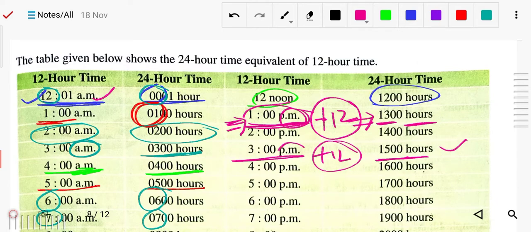So when the time is p.m., your railway time, the 24-hour time, will be 12 more. Because from 12 noon, in our watch it starts again in the 12-hour clock, 1, 2, 3, likewise. But in the 24-hour clock, after 12 it is 13, 14, and so on.